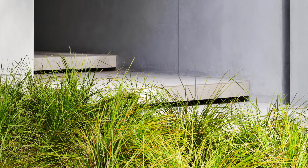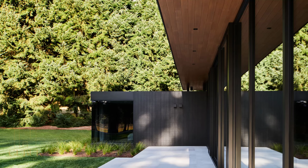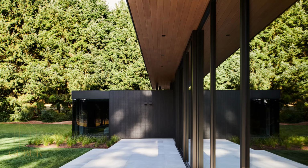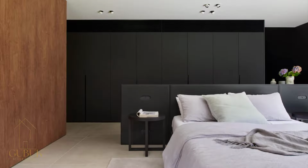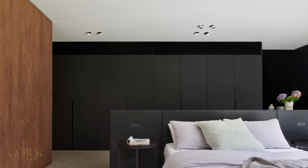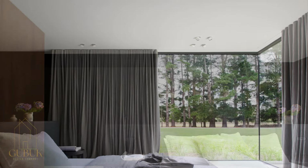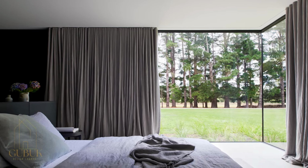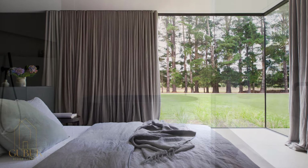Winter Creek's brilliance lies in its ability to respond to its unique environment. The architects, Sense of Space, in collaboration with Studio Tom and the owner, Trish Gooch, embarked on a collaborative journey, ensuring the design resonated with both the land and the owner's vision. The result? A harmonious interplay between open, light-filled living areas and cozy, private spaces, all nestled within the embrace of